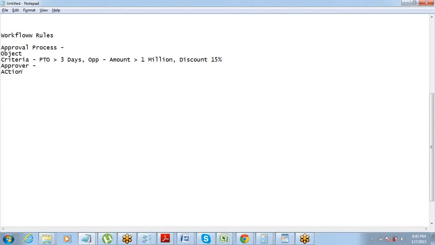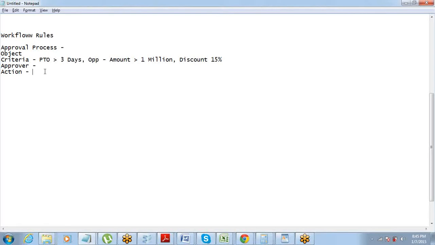Let's say PTO greater than 3 days, for an example, or opportunity where amount is greater than $1 million, or something like that, right? If your discount is greater than 15%. So all these things come under the approval process, the approval criteria, right? So one of these things can be the approval criteria.